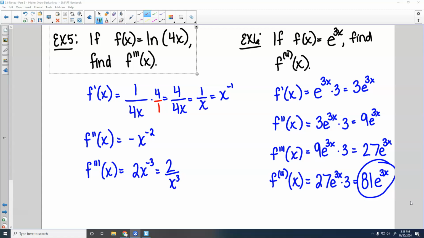So natural logs, e's, and trig, you might see those asked for like 3rd, 4th, 5th derivative. You will probably not see it if it's just like a regular x and y type of situation, unless it's like that very first problem we did where it's a really easy one to take the derivative of. Okay, so we are not